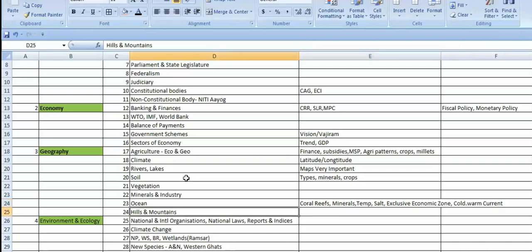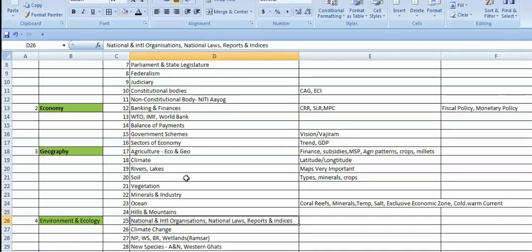Okay. Next one is the hills and the mountains. When it comes to hills, you have to follow the Western Ghats. Okay, you have to mark this. The mountain ranges, yes, you have to mark from the Himalayas. What are the ranges, greater Himalayas, lesser Himalayas, and what are the ranges there? What are the mountains available? Many hilltops, what is very important in its species, in the wildlife sanctuaries, in any plant species, animal species, any extinctions, any endangered species that you have to mark in the hills and the mountain regions. Okay. So it also comes to Western Ghats and Eastern Ghats. Fine. So that you have to cover.